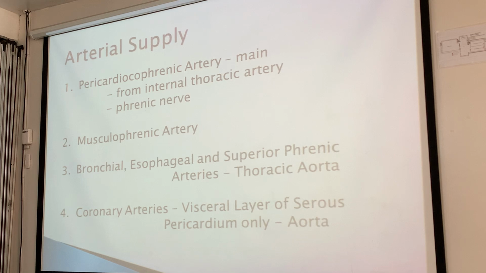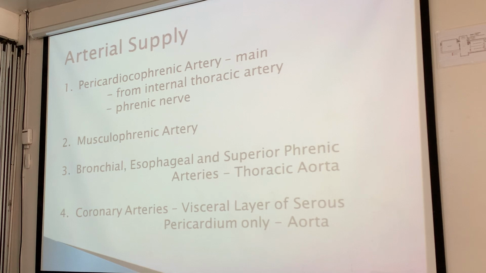Then you have a lot of branches there, blood supply. So take note, even though it's just a layer, it is still very rich in blood supply. Okay. Bronchial, esophageal, even the superior phrenic arteries, all coming directly from the descending thoracic aorta. Then lastly, it also receives blood supply coming directly from the coronary arteries. But the coronary arteries, as number 4, only provide blood supply to the